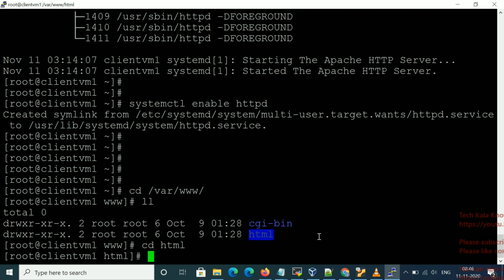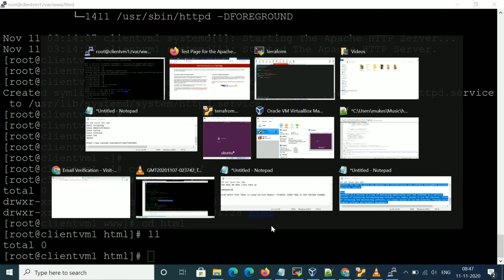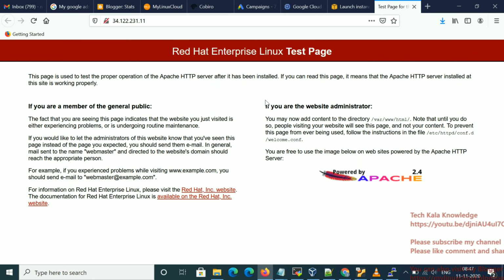Go inside that directory. Here you can create any index.html file, and once you create an HTML file, you can restart your service. Once you restart the service, whatever content you put inside will be reflected here.